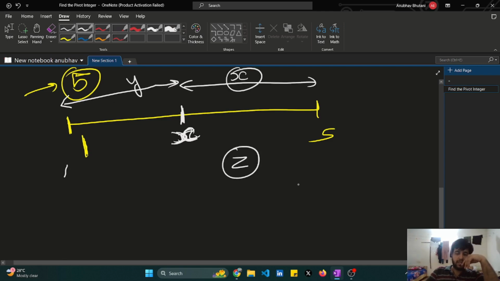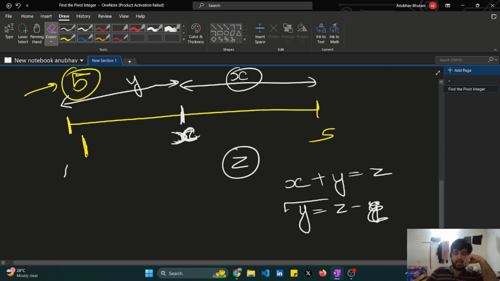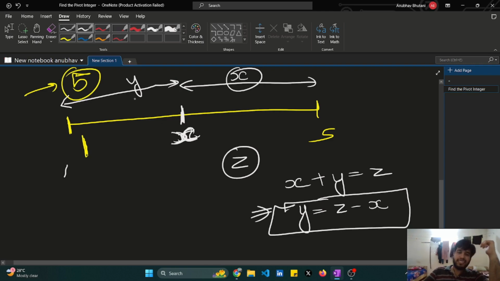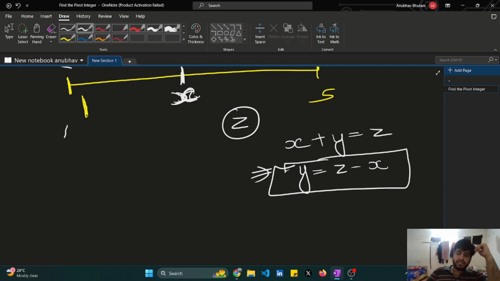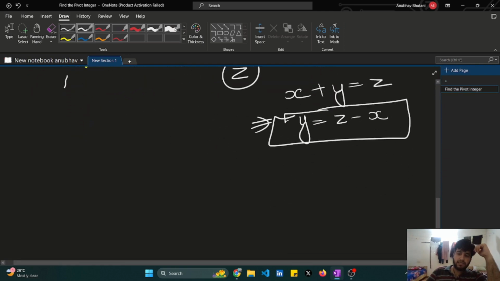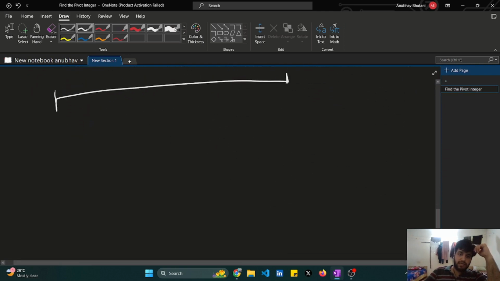As you can see, x plus y equals z, or I can write it as x is equal to z minus y, and y is equal to z minus x. I can write it like this. So basically, if I am given something like this,